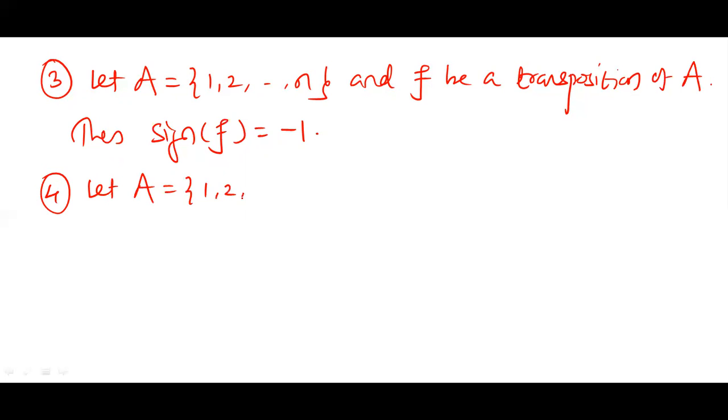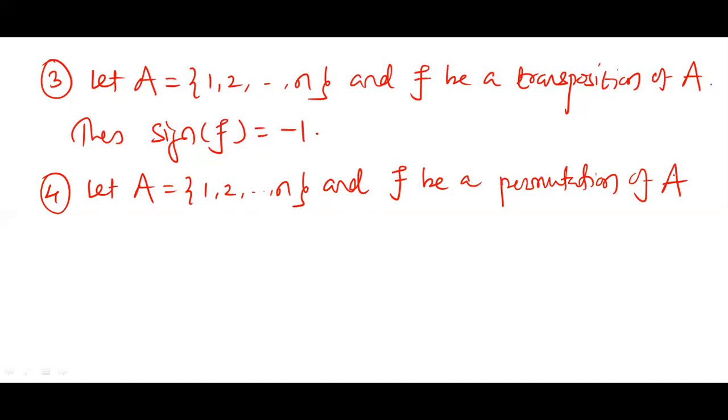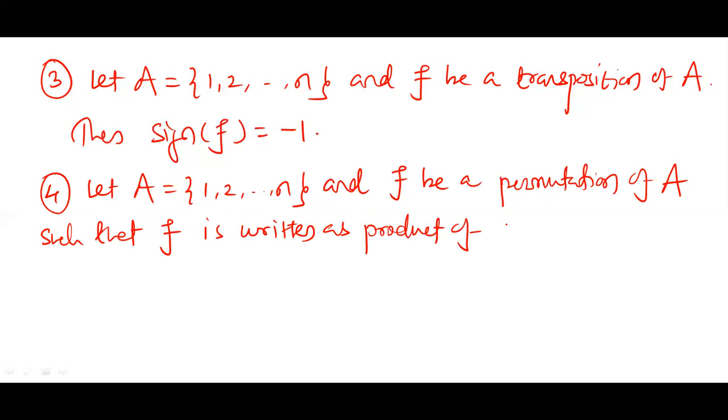Fourth point, let A be a set containing n elements 1 to n and f be a permutation of this set A such that f is written as a product of k transpositions. Then the signature of f is equal to,